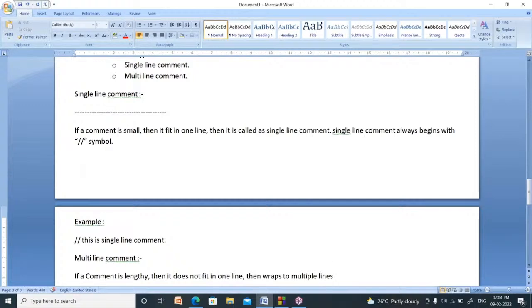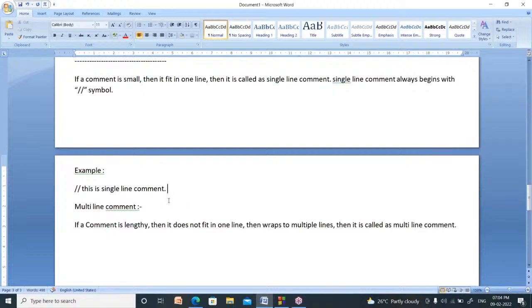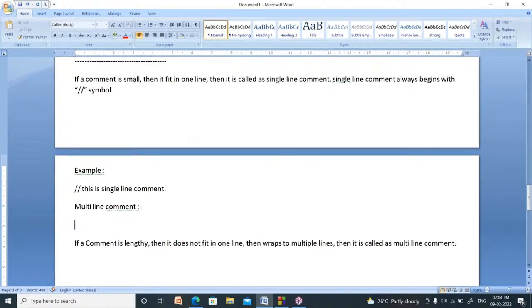If you write a comment in multiple lines, then it is called a multi-line comment. That's it. Suppose your comment is somewhat lengthy, then it does not fit in one line, then it moves to multiple lines, then that is called a multi-line comment.